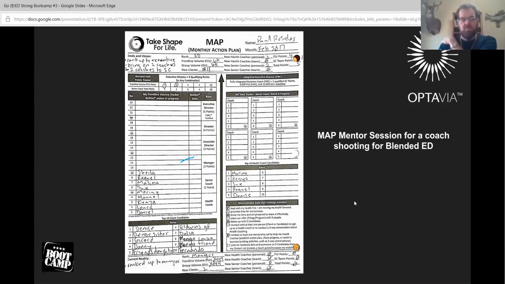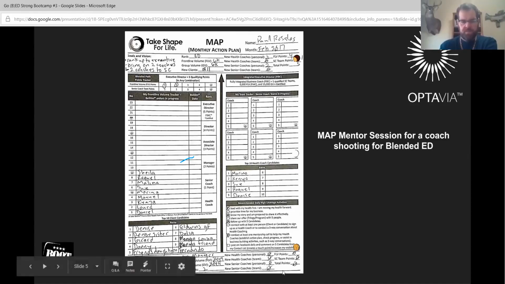All right, so anyways, back to what I was saying. I won't go into a lot of detail here because our time's pretty crunched. This is a pretty involved teaching session today, but that's a map that's filled out. You can see at the bottom where his current reality was. He was a manager starting out the month. He's got his client candidates on there. He's kind of lacking on his coaching candidates. He's only had 5 coaching candidates on there, so he needs to bump that number up.